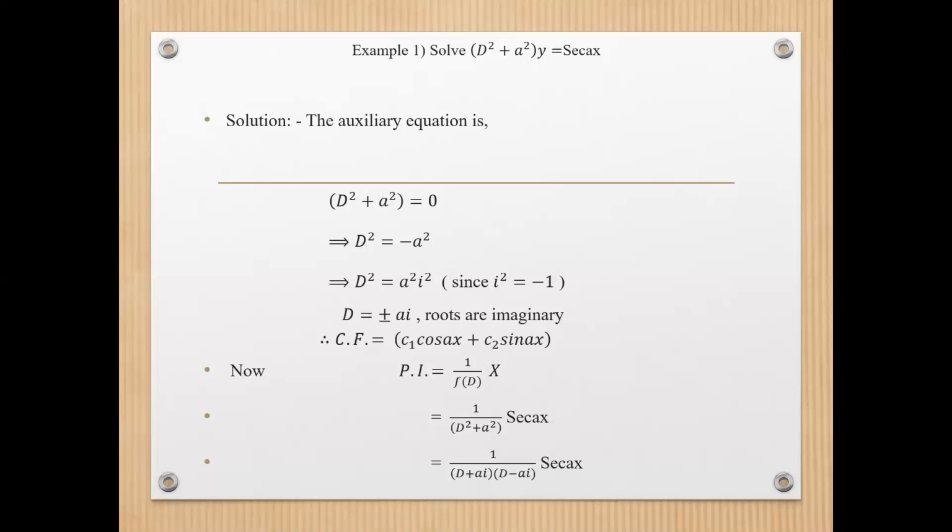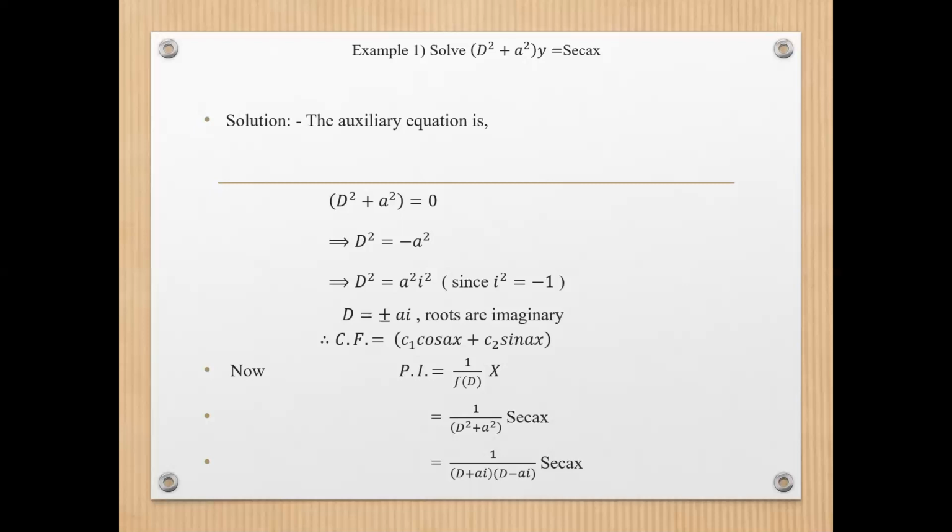One more thing is that in all types, the complementary function is the same. In the same way we have to find the complementary function. These are the different methods for finding the particular integral. For finding the complementary function, all the processes are the same. There is no difference in the complementary function. The same procedure is used here for finding the complementary function.